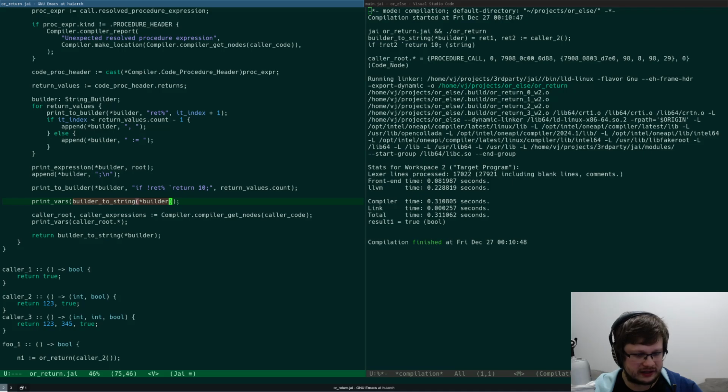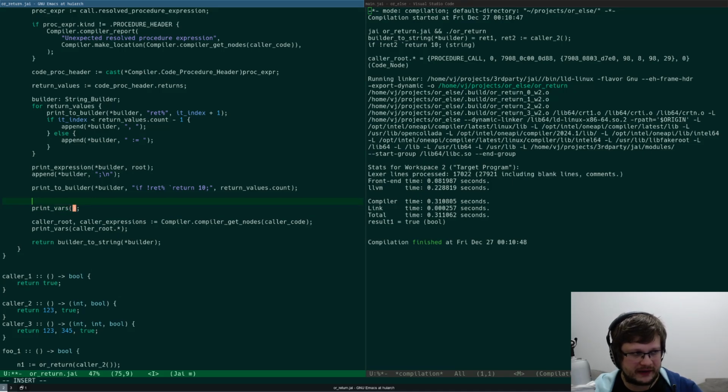Yes, that's why. This is actually very important. I would have spent a lot of time to debug this if I didn't already know that. I would have instantly seen that the builder is empty.